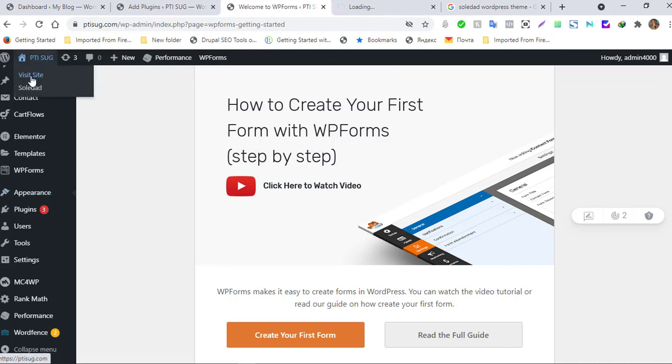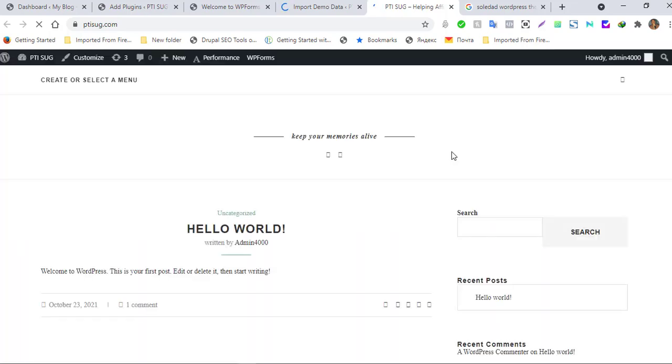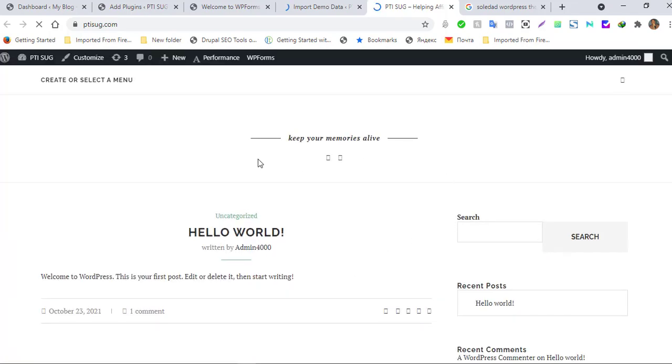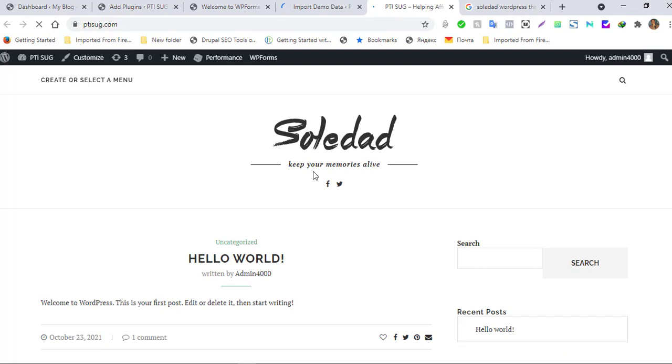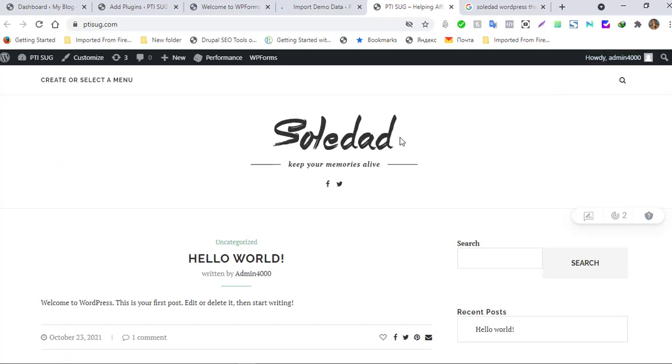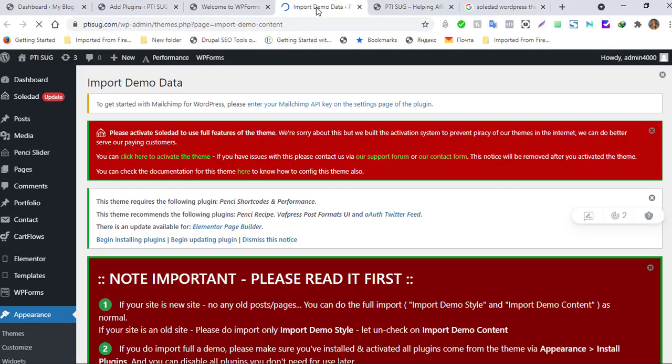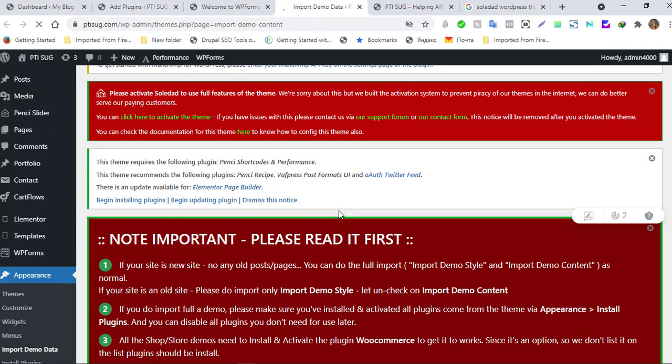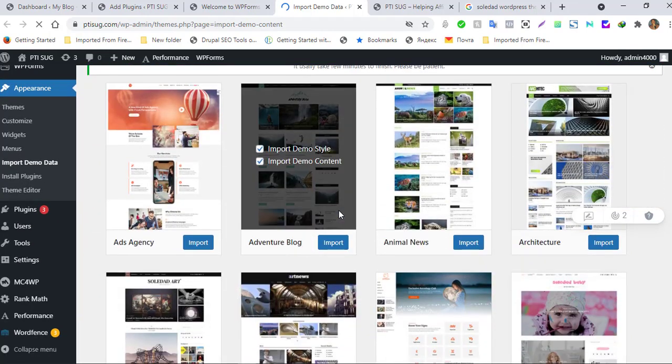If you still check the website, it's still not looking beautiful, not looking good, it's not branded at all. We still have the default WordPress theme there, and now we have the default Soledad theme just welcoming you. It's looking ugly, not beautiful. Now things are about to change. So you go to the demo importer, you scroll down, and